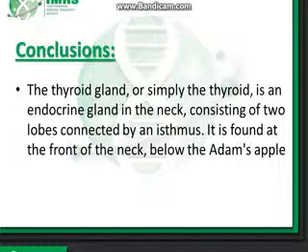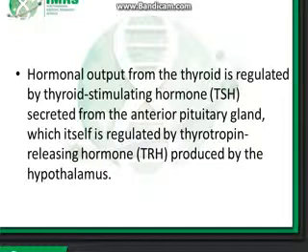The thyroid gland, or simply the thyroid, is an endocrine gland in the neck, consisted of two lobes connected by an isthmus. It is found at the front of the neck below Adam's apple. Hormonal output from the thyroid is regulated by thyroid stimulating hormone, secreted from the anterior pituitary gland. في هرمون عندنا بيعمل stimulation للثيرويد جلاند علشان تقدر ان هي تفرز T4 والT3 بتاعها. الهرمون ده اسمه TSH، والTSH ده